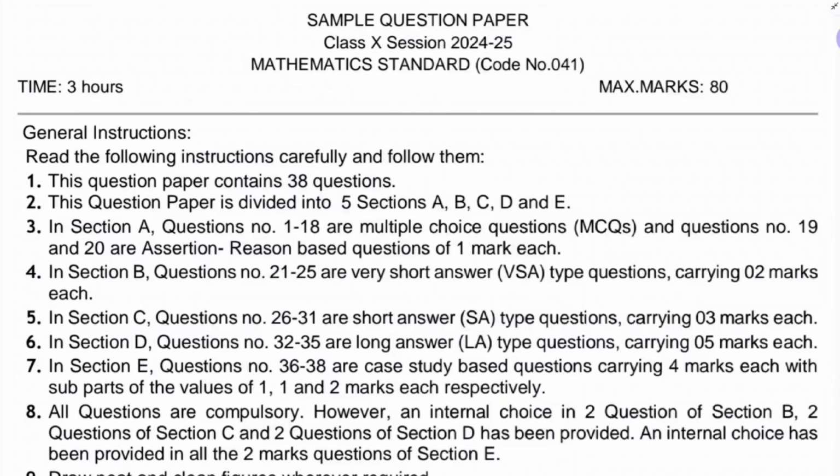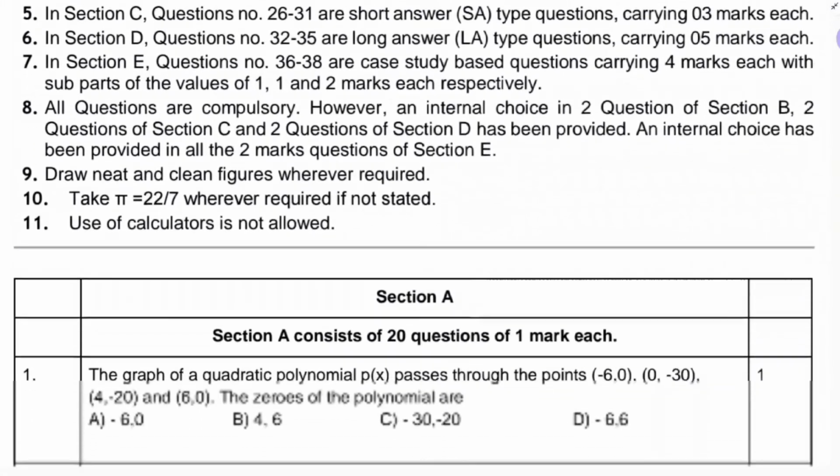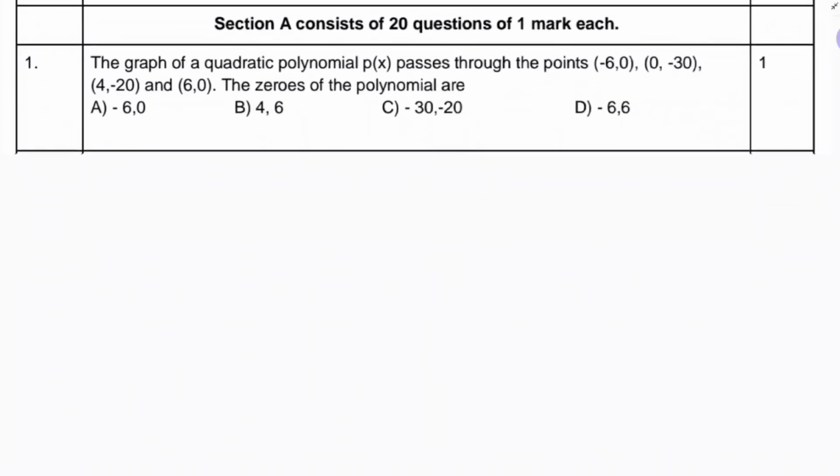CBSE Mathematics Standard Paper, Sample Question Paper 2024-25. So in this video, I'll explain 1 to 18 multiple choice questions. Here, each question carries 1 mark. So directly I'll go for the question. Like first question is,